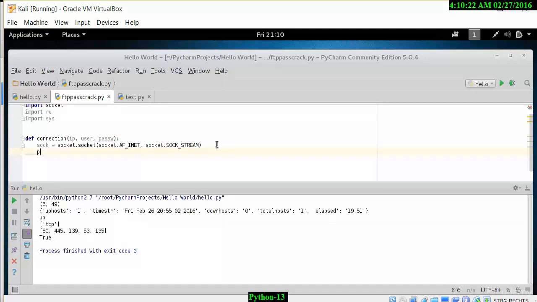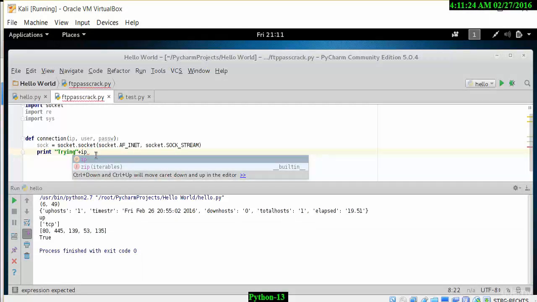Let's go on to now print a message to the screen. And what we want to do is print something that says which username, which IP address, which password are we trying. So we want to print something in quotes that says trying. And what we then want to report back is what IP address are we trying, what user are we trying, and what password are we trying. So trying, and then we need to put in some of the variables, which will be plus, and we need something for the IP address. So we put in IP,